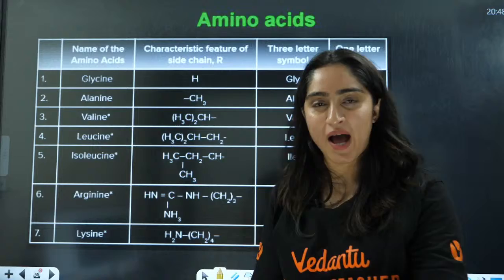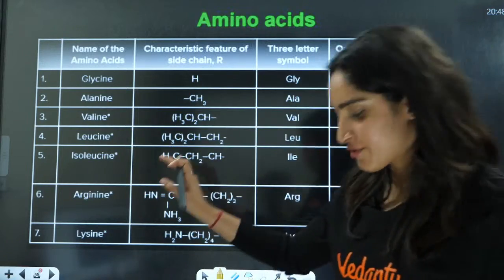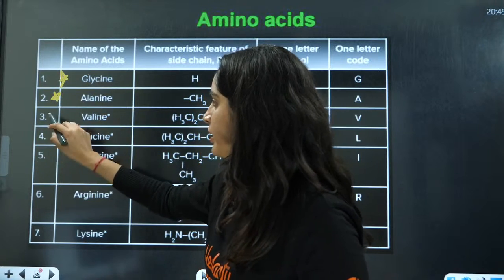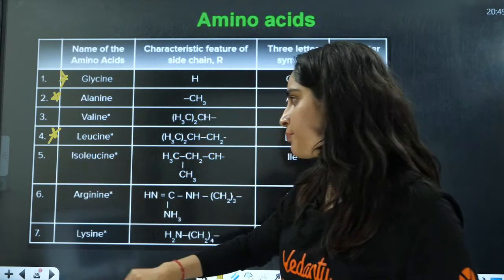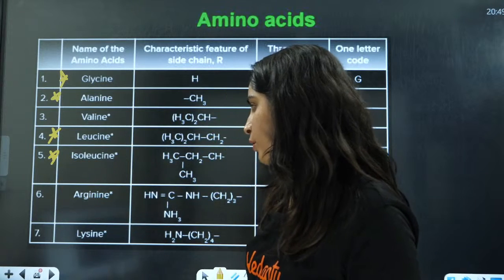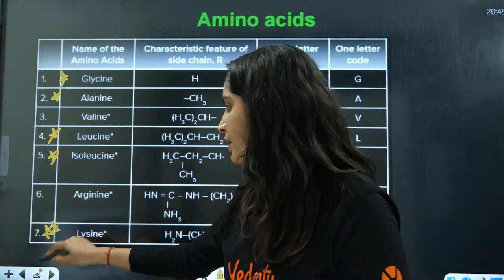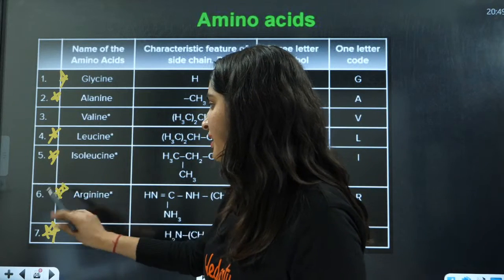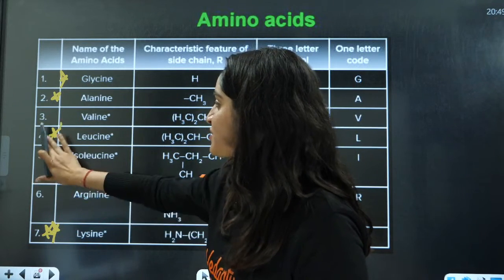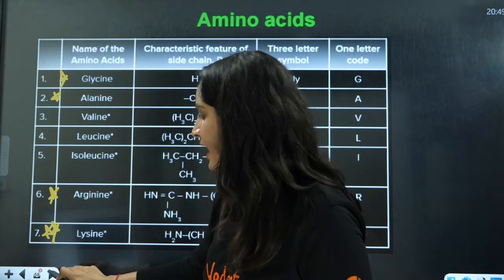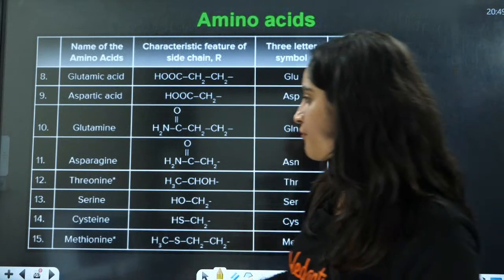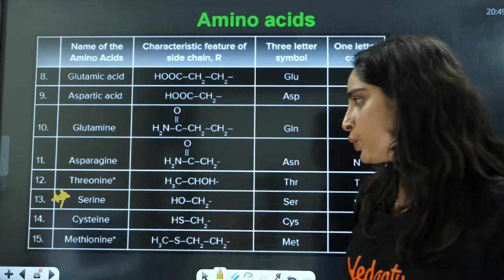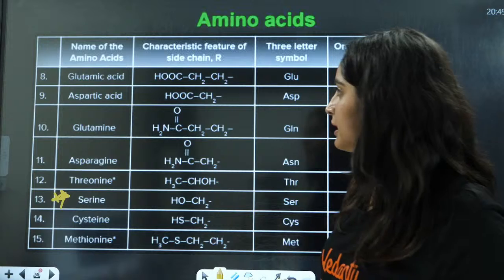Okay, so now we have so many amino acids that you have to remember. I'll write the most important ones here. Alanine, glycine, very important. Then we have leucine, very important. Isoleucine, again very important. Lysine, very important. Then we have adenine, which is also very important, right? I think all are important here, so I'll just write the most important ones. Then you have serine, that is very important for you. Okay, you must not forget about these.